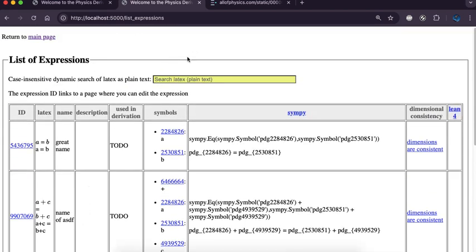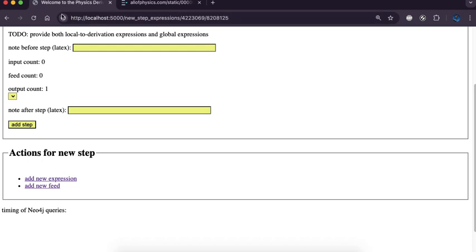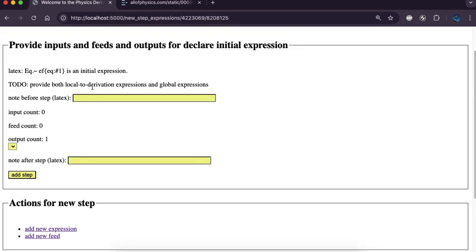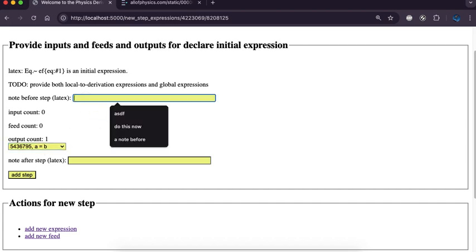Let's close this tab and go back to the part where we're making a derivation dependent on some expressions. So now I can refresh this page, and this drop-down box populates from the database, and we're going to have the output of the declare initial expression be A equals B. This will be some